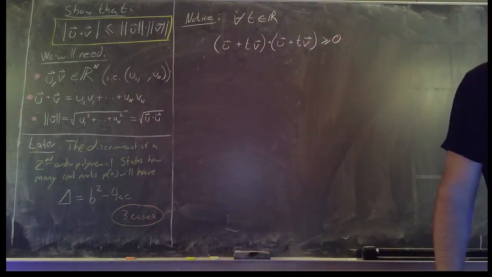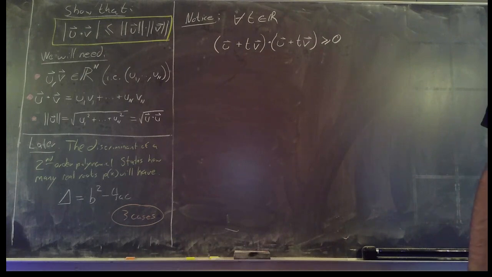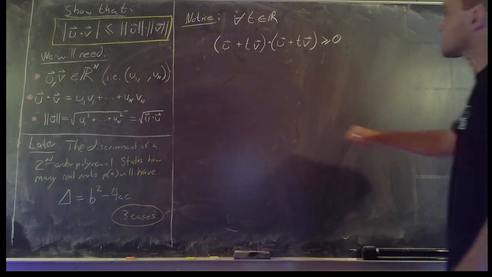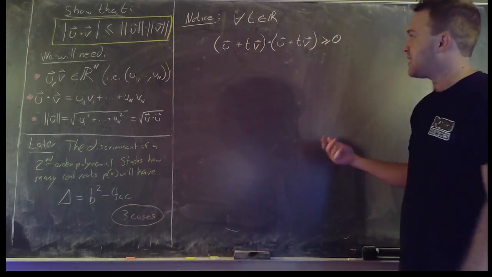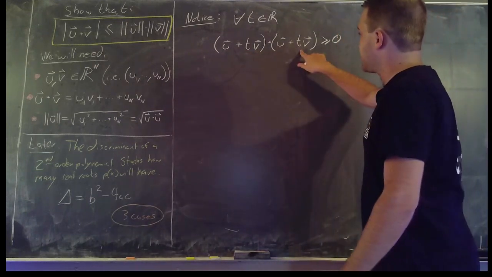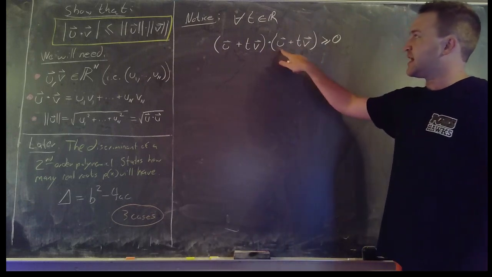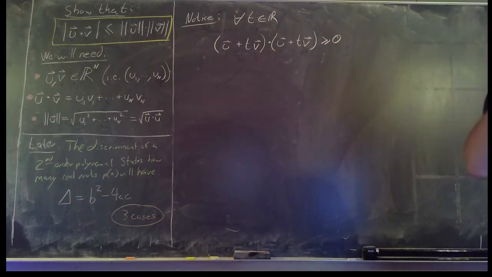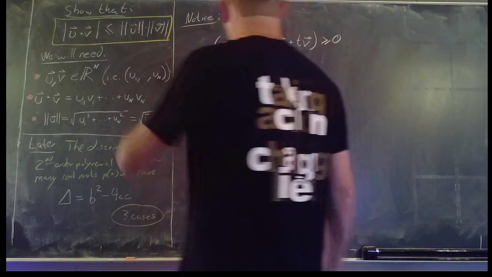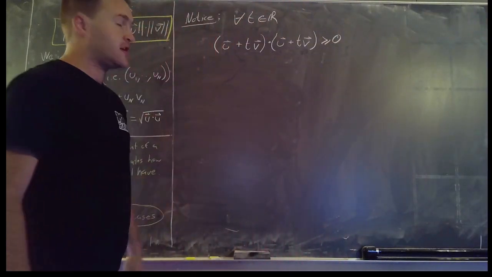That's because we have these elements being squared, which will automatically make it positive. We've got the same thing happening among t and v, and then we have some interesting behavior in the middle. If we take this statement, u plus tv dotted with u plus tv, and we FOIL this out, at least according to the rules for the dot product,